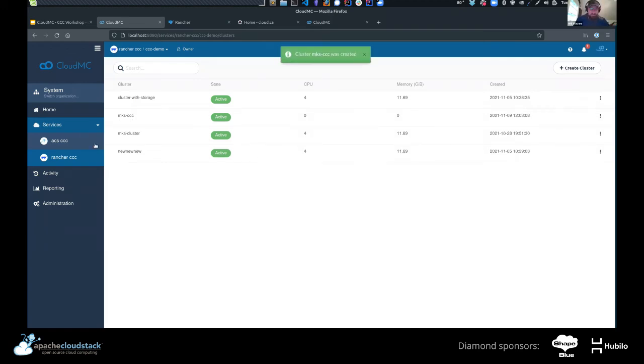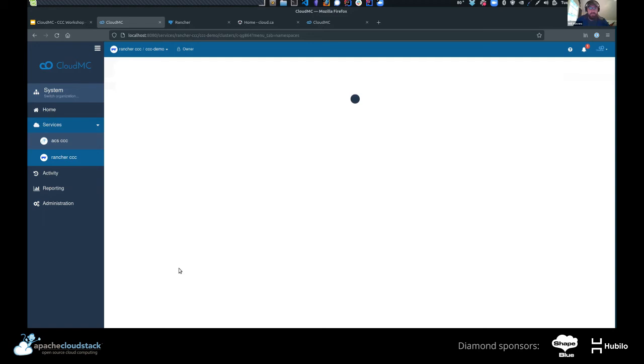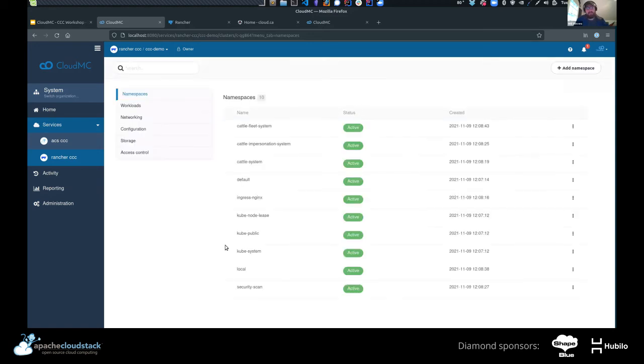And so here we are. The cluster is up, and if I click on it, you will see that we are looking at the cluster through the KSDK view, which is the Kubernetes SDK. These are all the namespaces that have been put on this cluster as it has been spun up. These are all the standard things from a Rancher deployed Kubernetes cluster.